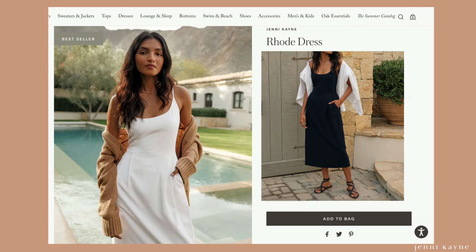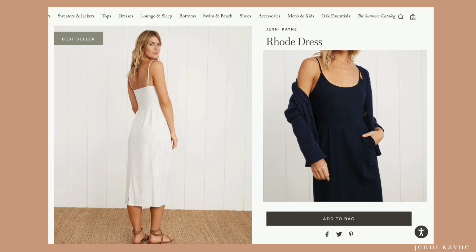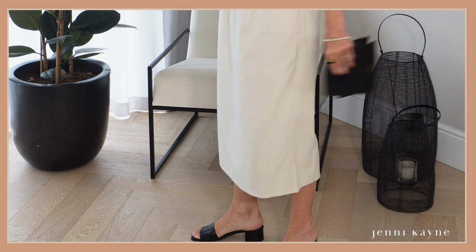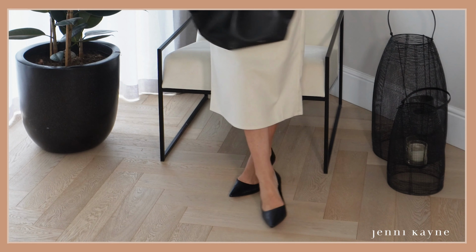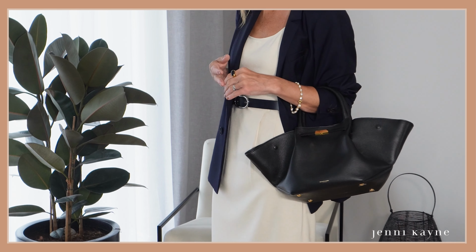I remember seeing this one launch on their website, and it was totally love at first sight. I just love the shape with that structured chest, the nipped in waist, and those subtle pleats that fall just so from the waistband. Also, something you don't often see with summer dresses is this slight pencil shape to the skirt portion. Now it's not tight, but it's definitely a straighter option, which then falls beautifully to the mid-calf and overall just makes it look incredibly elegant and that extra bit special for warm summer's days or